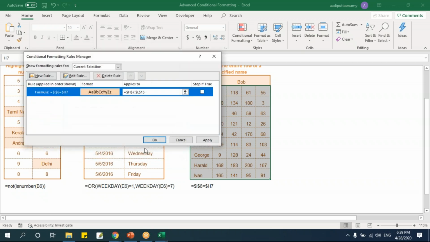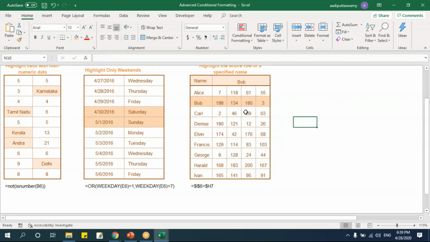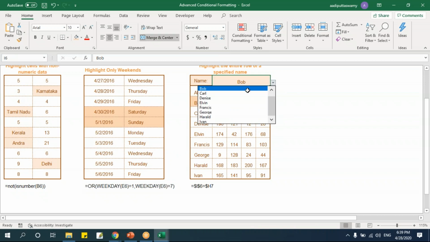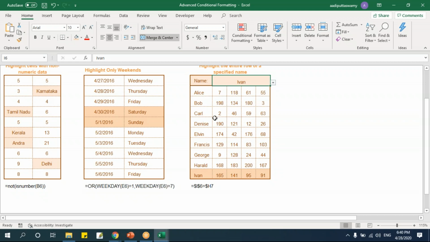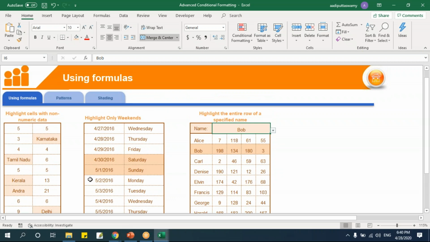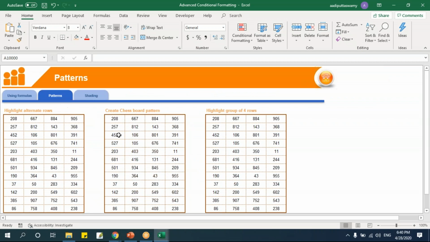And then say okay. Now let me select any of these values. See, so what it's trying to do, it is just trying to check this value, any of the values here with the selected value, and then it is highlighting the cells like this. So these options are not predefined. I have to work on this. I have to give customized functions.